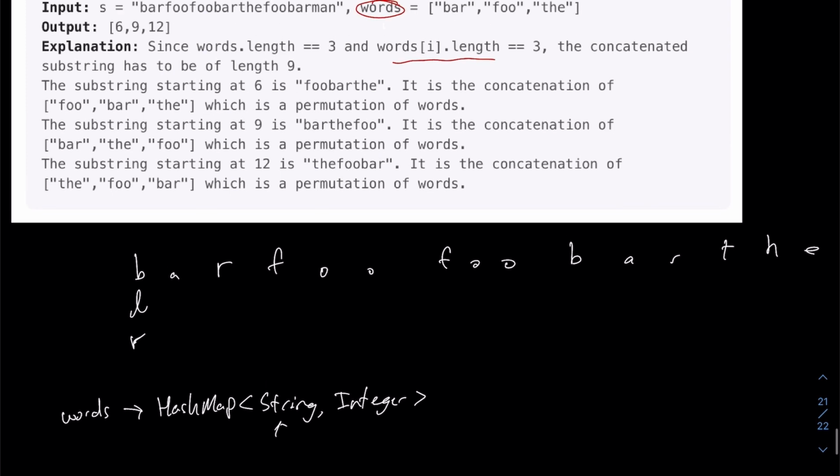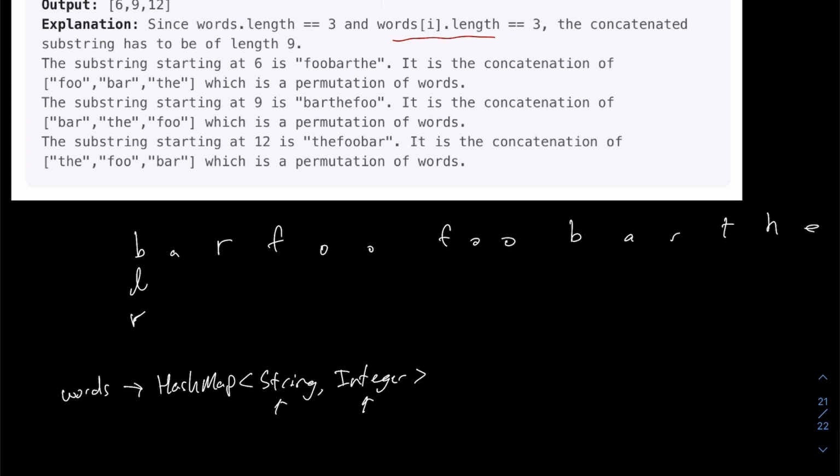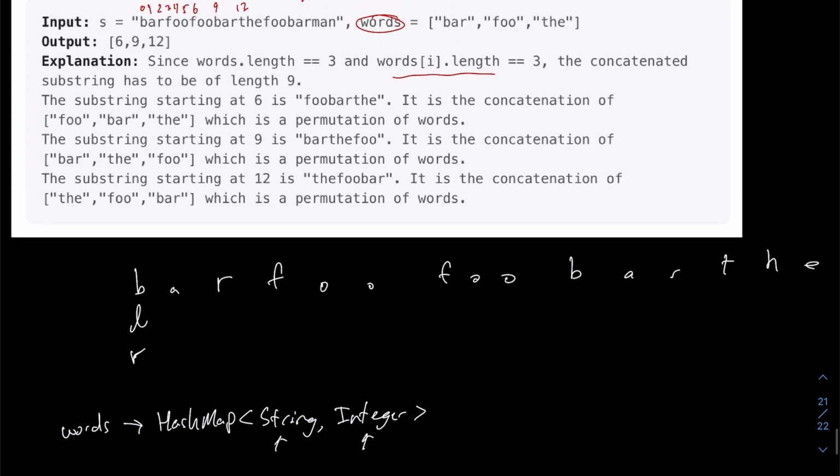And because there can be duplicates, the integer tells us how many of that string there are. So to satisfy the requirement, we check if our hash map lines up with this pre-processed hash map. Because obviously sequence doesn't matter, if all the words match up, if there's one bar, one foo, and one the,